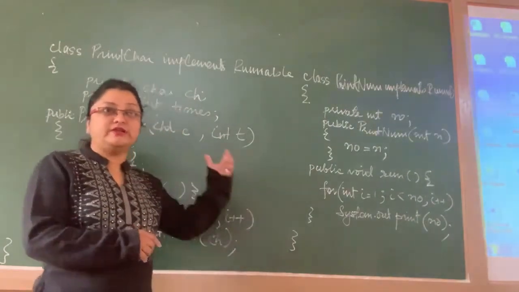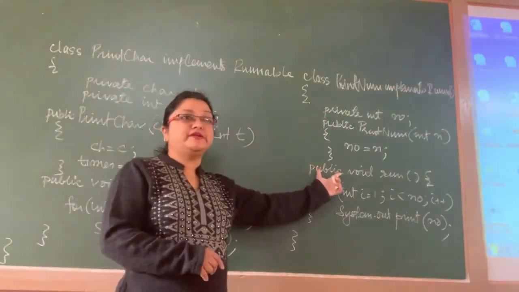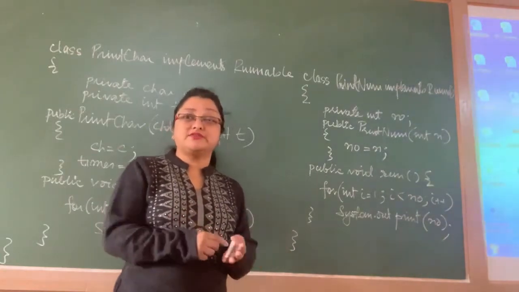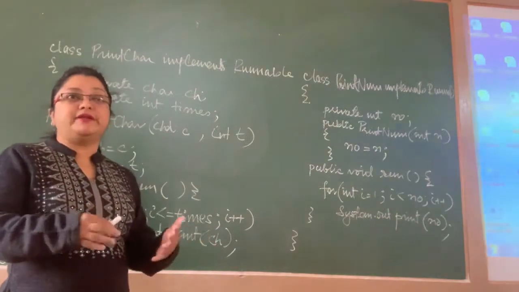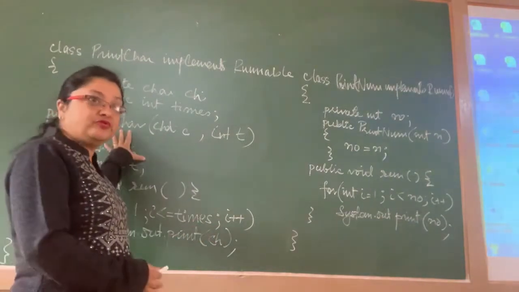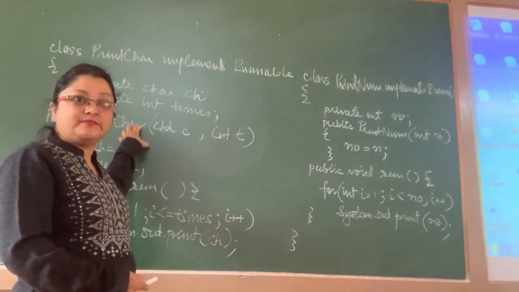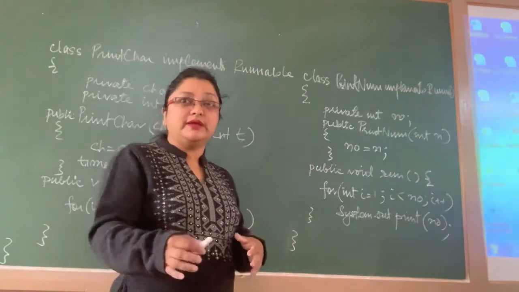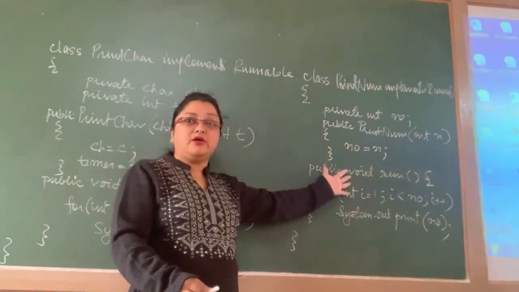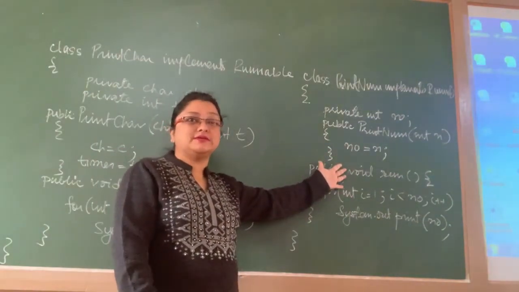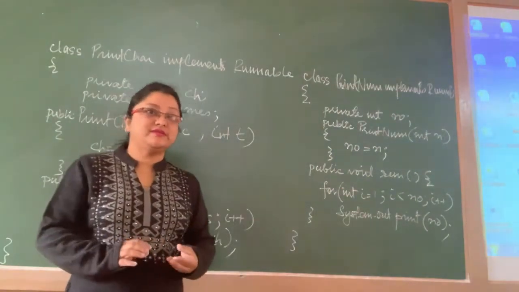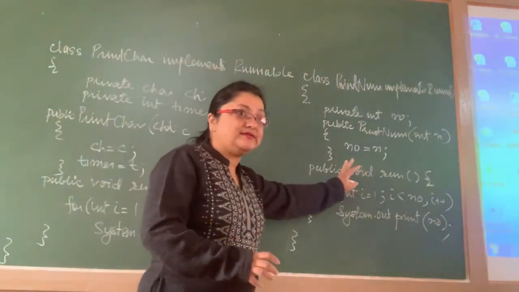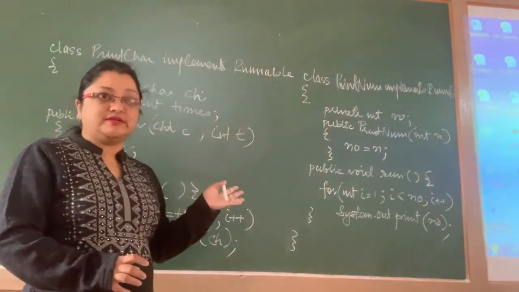Now we have two classes: one is printChar and the other is printNum. So I can create at least two tasks, and I can create more tasks also, with different characters and different numbers of times. I want to print from 1 to 100, then from 1 to 1000, then from 1 to 10. All I have to do is create objects of these classes. Now the question is, how are we going to create the threads and assign these objects to the threads?